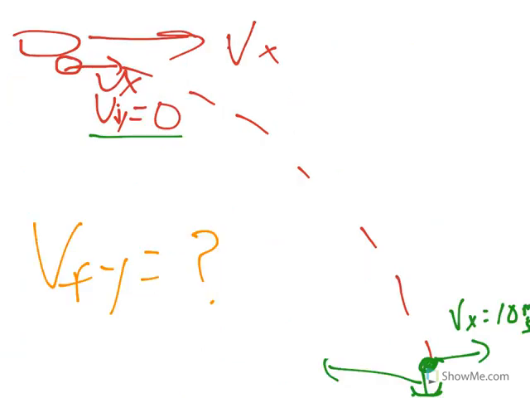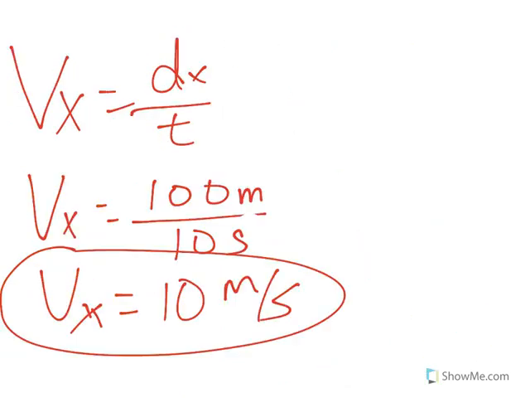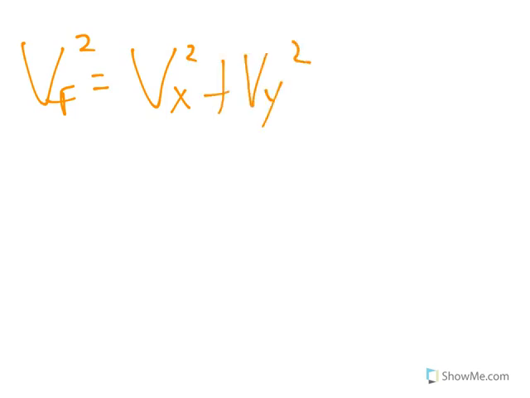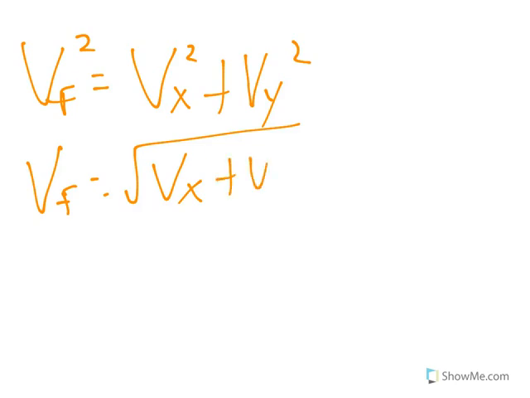So the final velocity total will be equal to Vf squared equals velocity in the x squared plus velocity in the y squared. Alright, and then we can just solve it real quick. Vf equals the square root of the velocity in the x plus the velocity in the y, and both of them must be squared. So the final velocity should equal the square root of